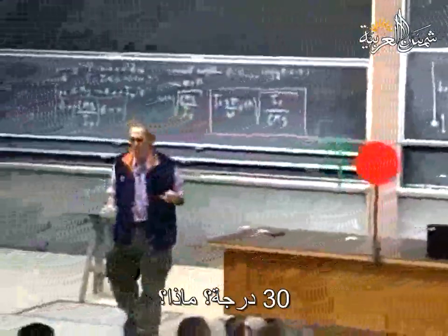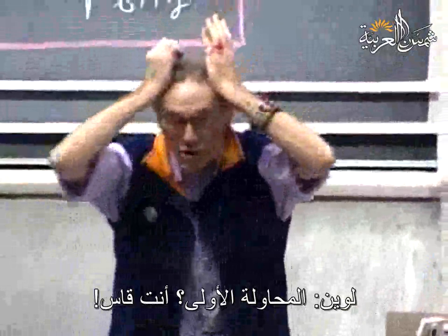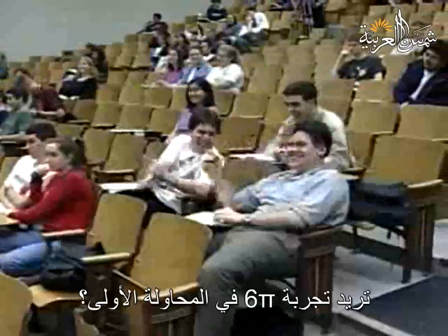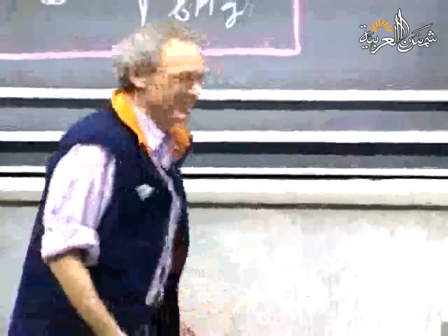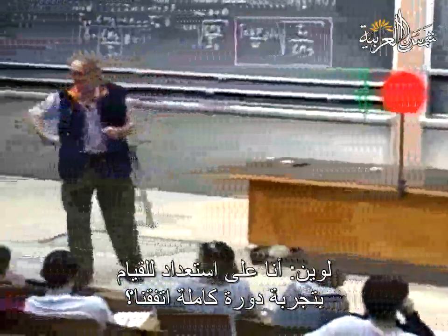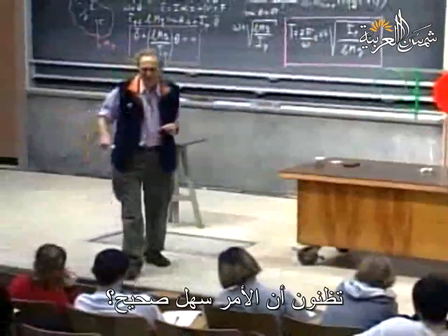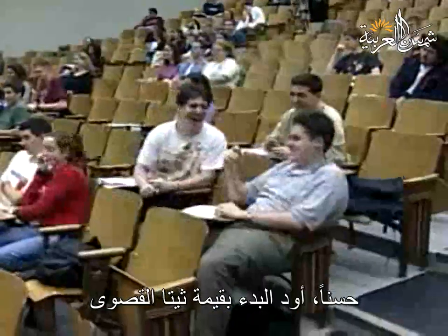Any idea? 30 degrees? What? The first try? You are cruel. Man, the first one you want 6 pi? You're out of your mind. I'm willing to go one rotation, okay? You think that's nothing. It's peanuts for you, right? Okay, I would like to go theta maximum